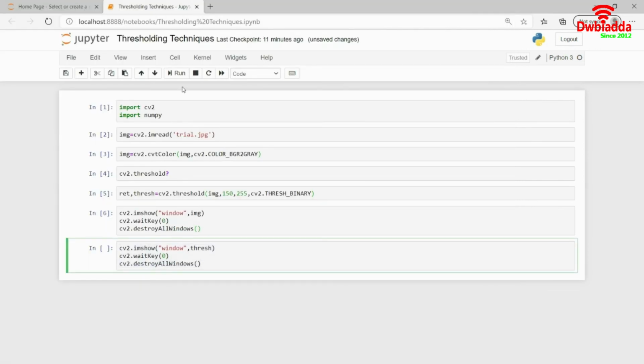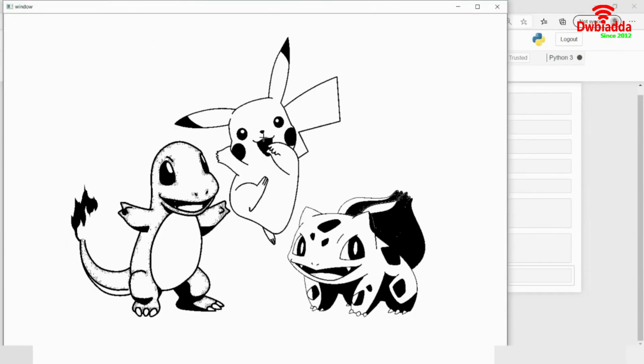Applying the binary thresholding technique over it, we get the following result. As you can see, we have applied binary thresholding, and therefore things got changed. Above the cutoff value, everything got changed to white, and below the cutoff value everything was made black. So this is how thresholding works, and it can be used for separating the foreground from the background as well. But yeah, this is one of the concepts of thresholding.